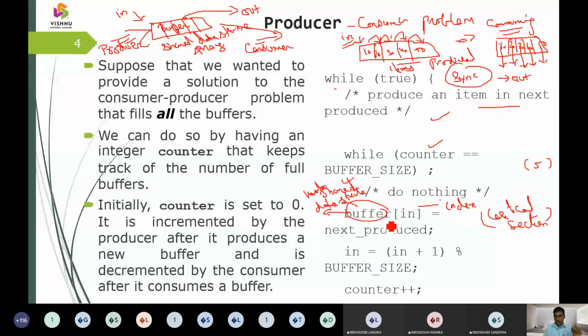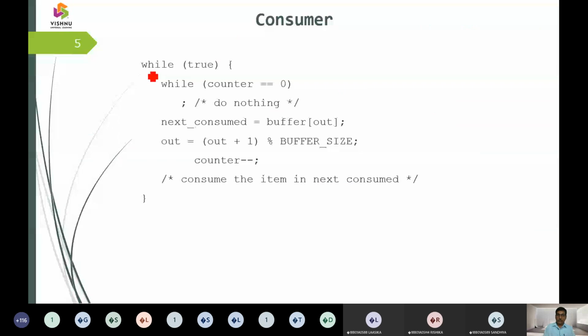So in we are going to take it as an index and we are incrementing until the buffer size is done. Okay, producer has produced the item. What next? I am going to have 5 elements here: 10, 20, 30, 40 and 50. So it has been given by the producer here, and he has taken it as an in, and this one we are going to call it as buffer, and this is having some buffer size.